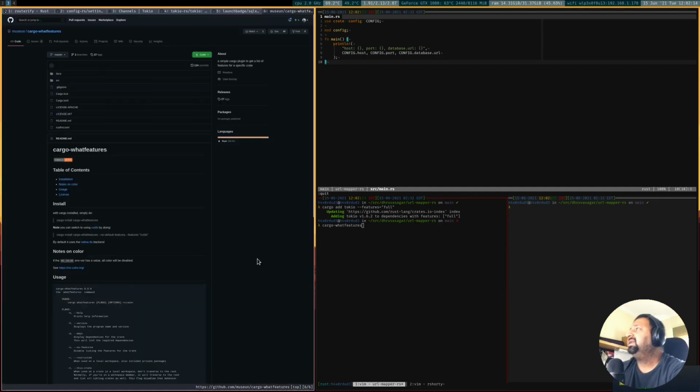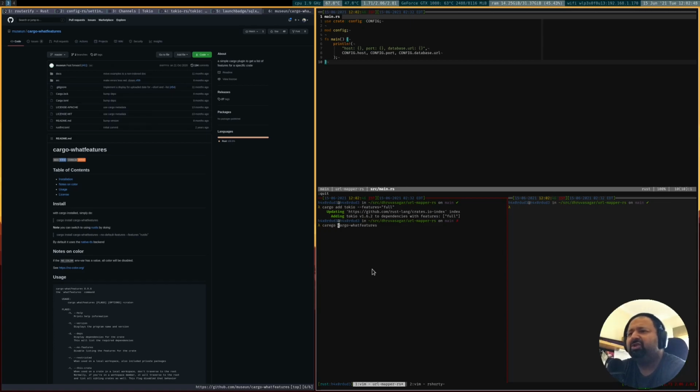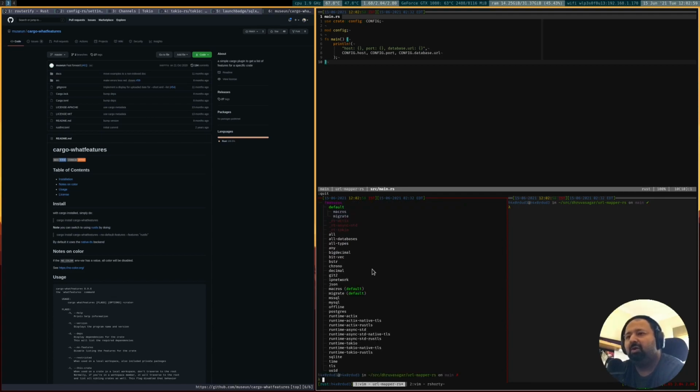Basically you can install it using cargo install cargo-whatfeatures, but to see it in action, what this allows you to do, which is pretty neat, is, for example, if I wanted to look at what all the features are that the SQLX crate offers, you can look at them here, and this helps you to plan, and definitely it's something cool to have.